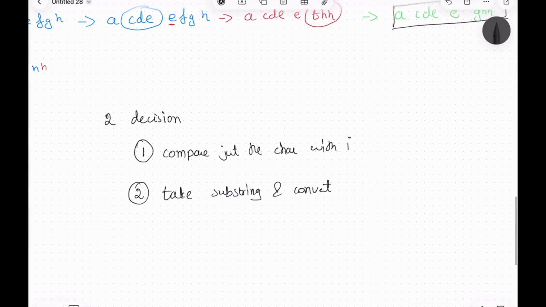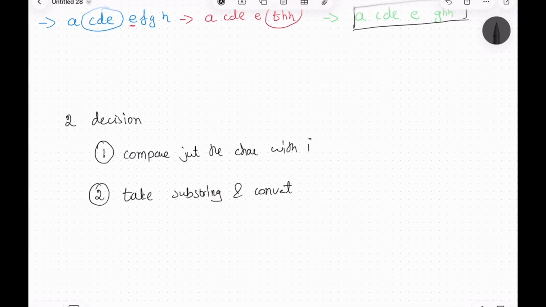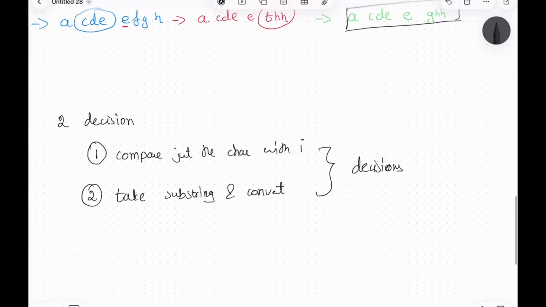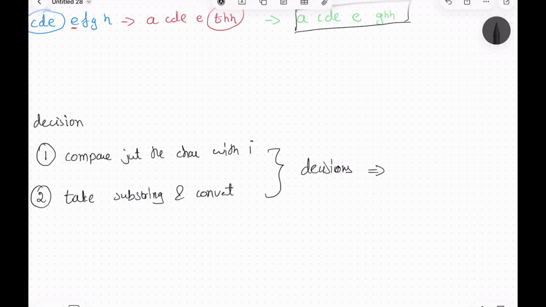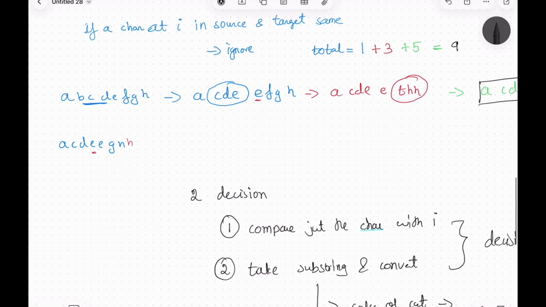So this will result in decisions, and eventually you can form a decision tree out of it, which is nothing but you can solve the problem using DP, dynamic programming. And also for this particular substring calculation of cost, you will use Dijkstra,